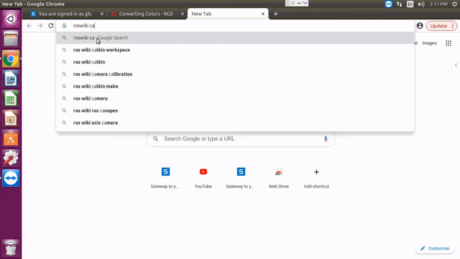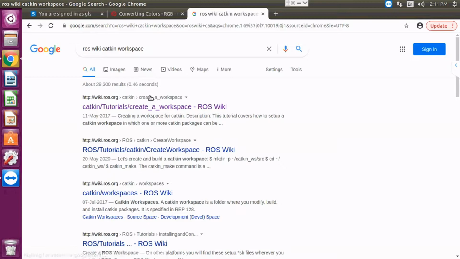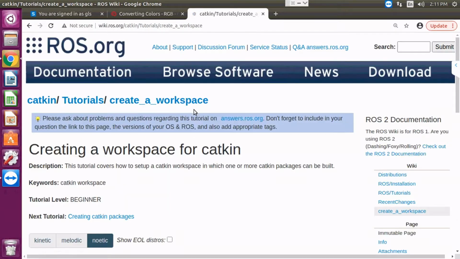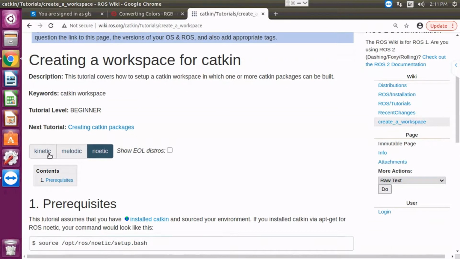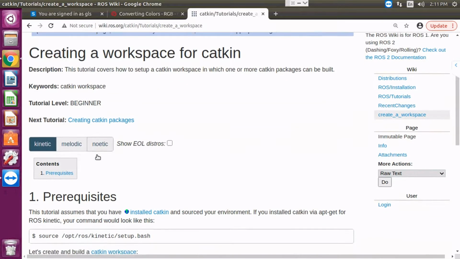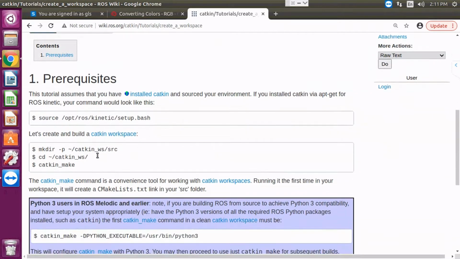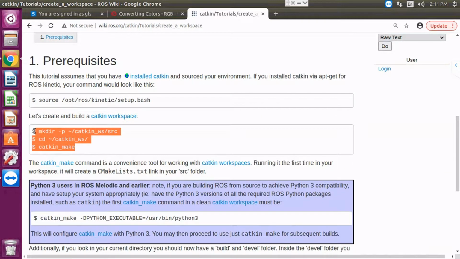Catkin Workspace. If you search this, open the first link, and the steps are very simple. If you are on Kinetic, you just switch your tab here to Kinetic. Next, we only have to run these three codes. You have to run these three codes individually. Just copy this one, Control C,